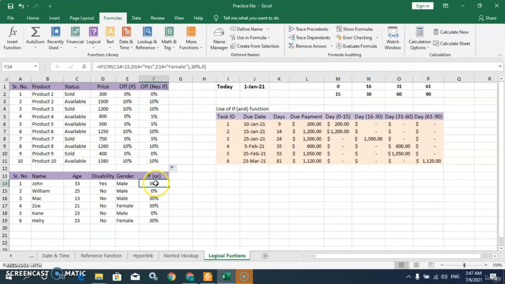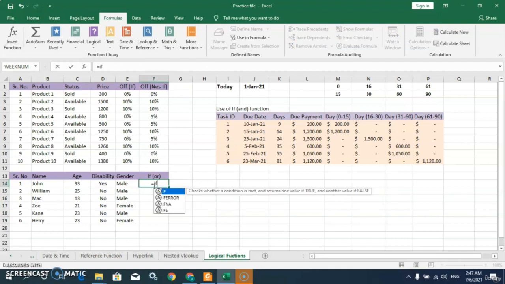See how? You can see here in this formula we defined three logical tests. So let me delete this first. Now you can see I will apply if function, and here I will use or function,